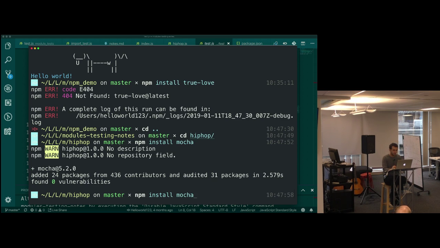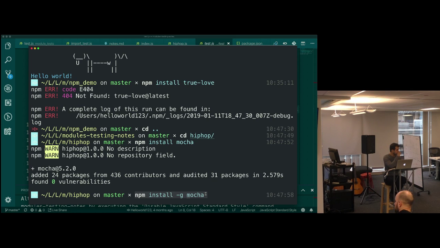I've installed Mocha locally so that my one project has a specific version of Mocha, and if another project that I have has an older version of Mocha that needs to stay at that version, it doesn't get overwritten. That's why I like keeping my things local like that. Additionally, when you go npm install -g, this does not write itself into your package JSON, so it's hard for you to remember what your program depends on.